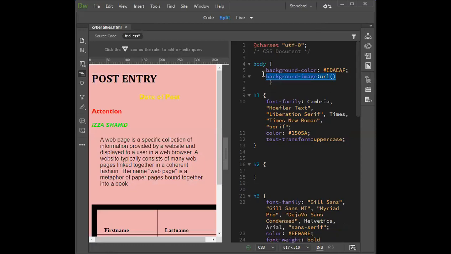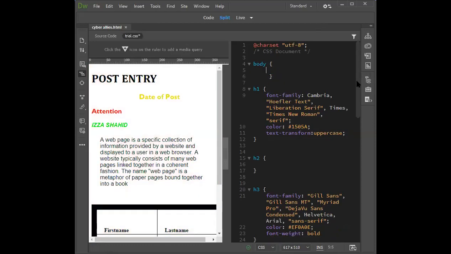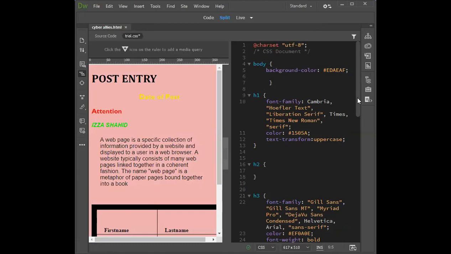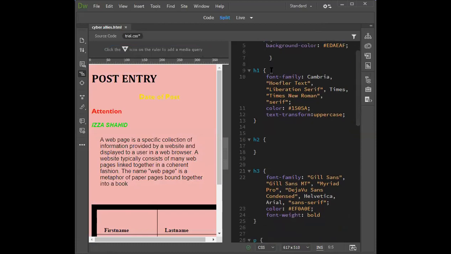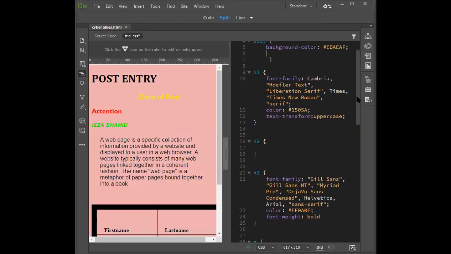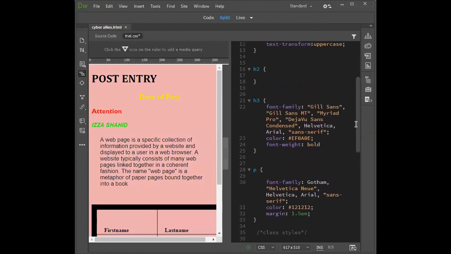Moving on. So we styled the H1 tag. You can change the font family, the color, the text transform. You can make it bold, uppercase. Then we had